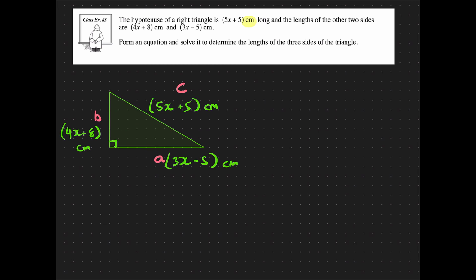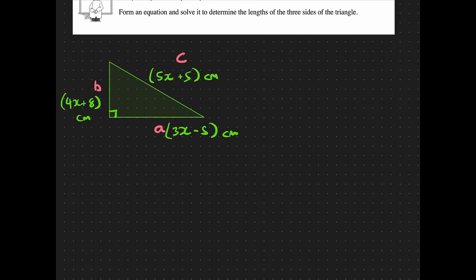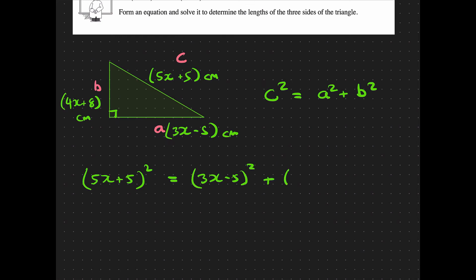Okay, so basically I'm dealing with this right angle triangle, and I know the ratio of the sides ends up being c squared equals a squared plus b squared. So I can just go c squared, which is (5x + 5) squared, equals a squared, which is going to be (3x - 5) squared, and I'm going to add to that (4x + 8)